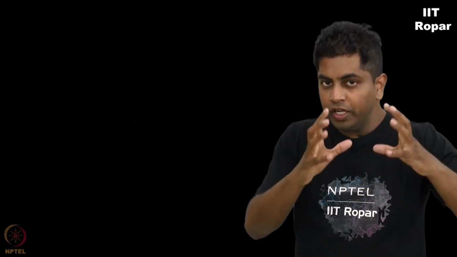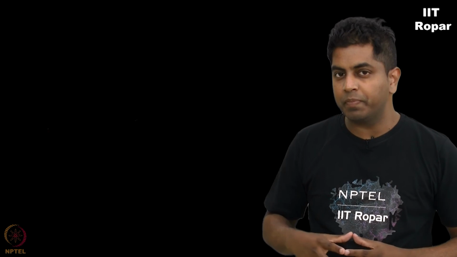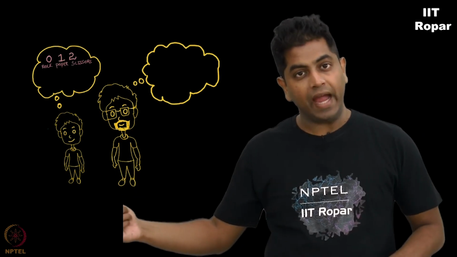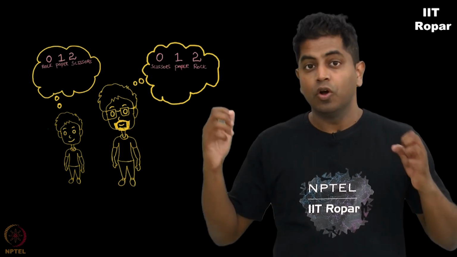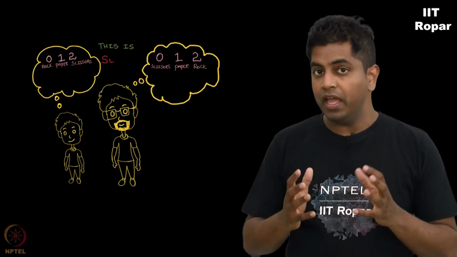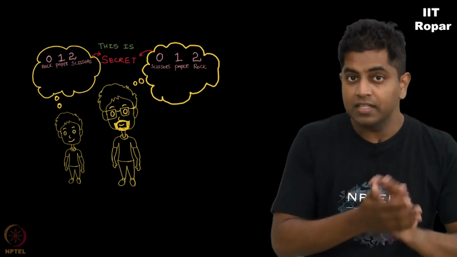You are not going to assign 0, 1, 2 for rock, paper, scissors. Even that's a secret. A 0 for son could be rock, but a 0 for dad could be scissor. So they input this information secretly, just the way they input their placeholder secretly. And the second one would be,